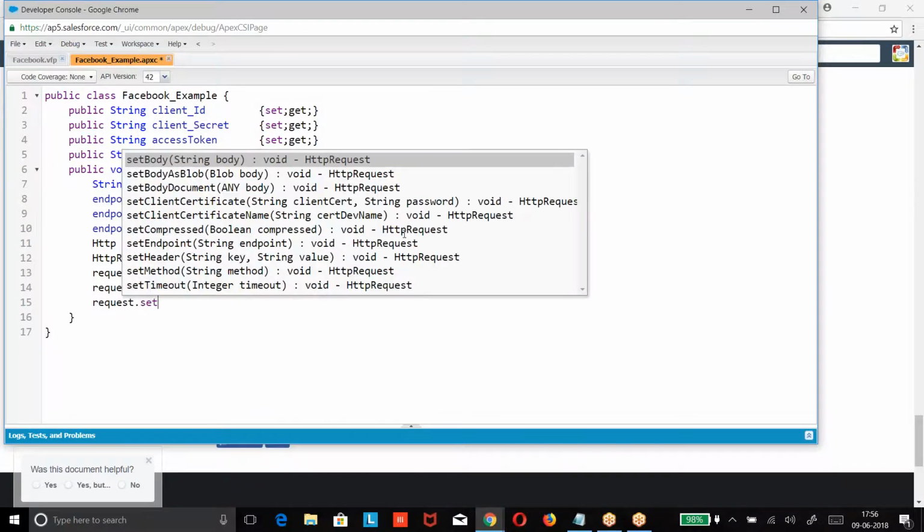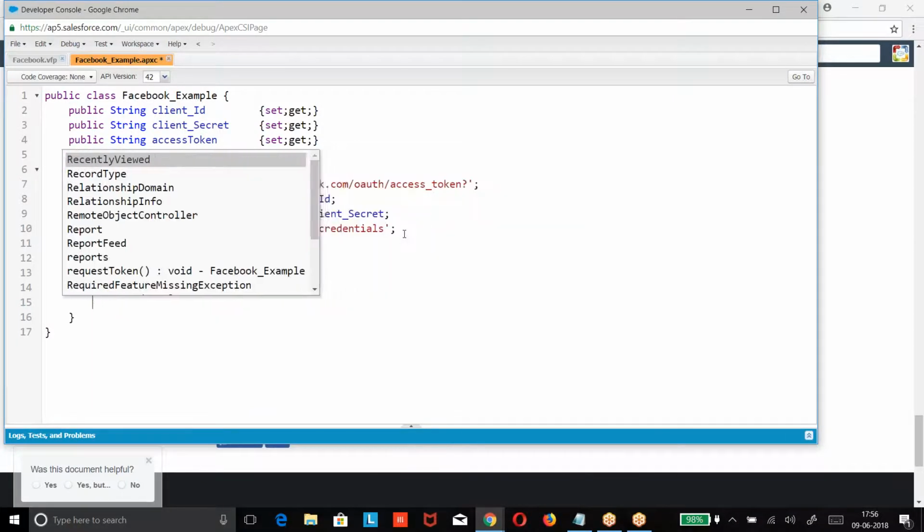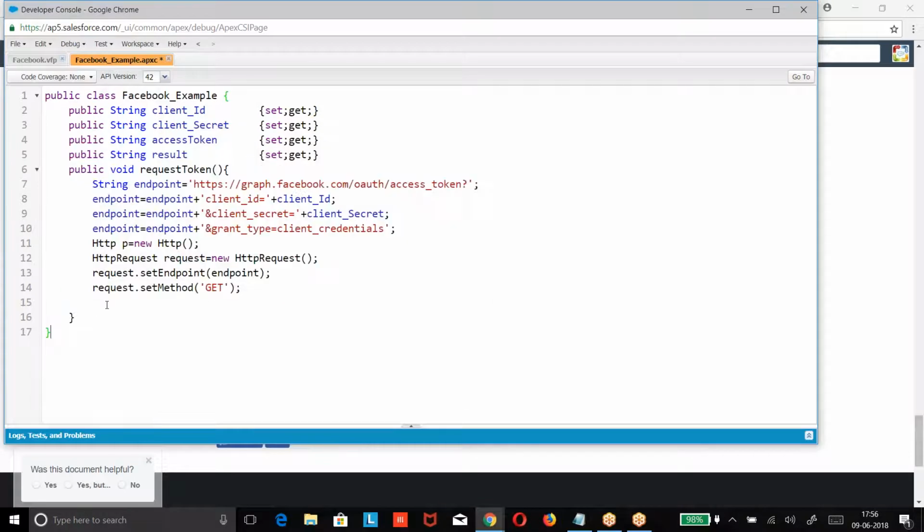Request dot set method. Right. Then we are going to take care endpoint get method.